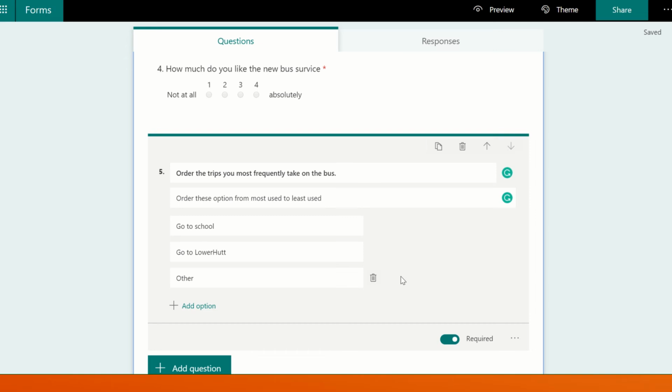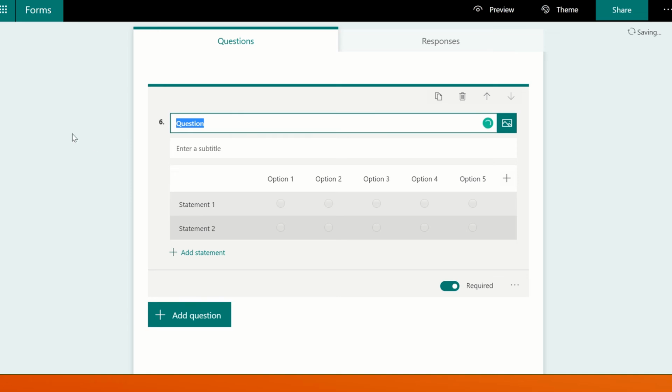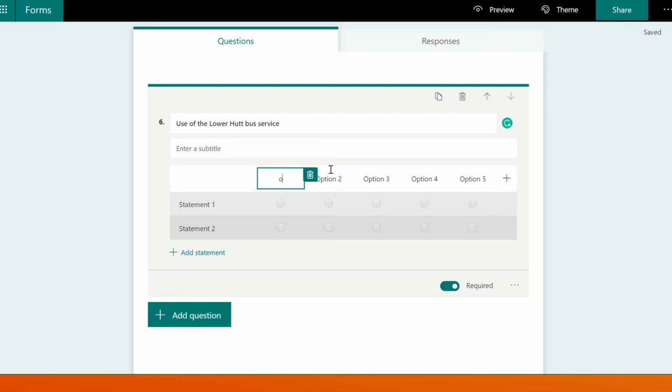Okay, the last type of question that we want to use maybe is the Likert scale question. So this allows you to write in each option, so you can write some statements down here, and it's a really good way to collect a lot of data. So you'd have your options along here, maybe something like, my question might be, use of the Lower Hutt bus service. Okay, and then you might go once